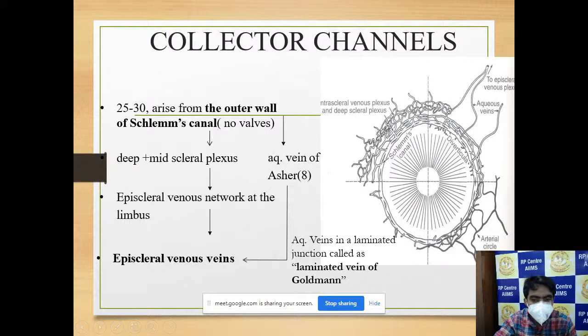These are 18 in number, arranged in a laminated fashion. Like see here, these are the aqueous veins of Ascher, which are connected directly from Schlemm's canal onto the episcleral veins. So these are aqueous veins of Ascher connected directly to the episcleral veins, and the rest is the indirect system, connected as deep and mid-scleral plexus and episcleral venous plexus, which takes the aqueous to the episcleral